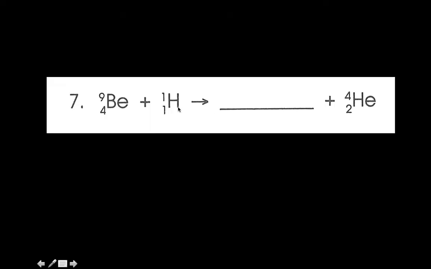Number 7, same game. We've got beryllium, we're hitting it with a proton. 4 plus 1 is 5. So on this side, this has to total 5 as well. 5 minus 2 is 3. Almost blotted that out. There's a 3, so we know that's lithium. Now we go 9 plus 1